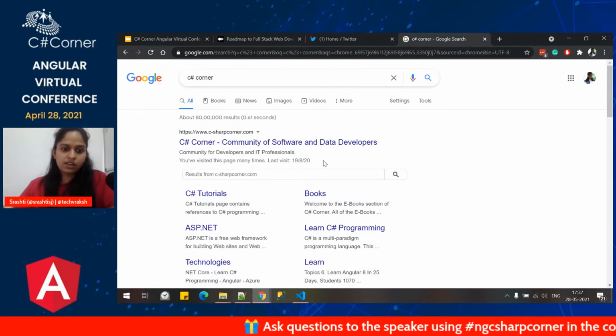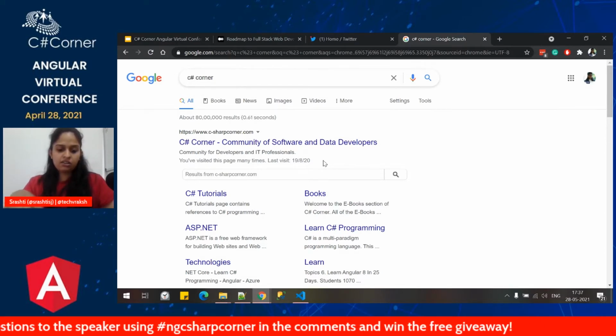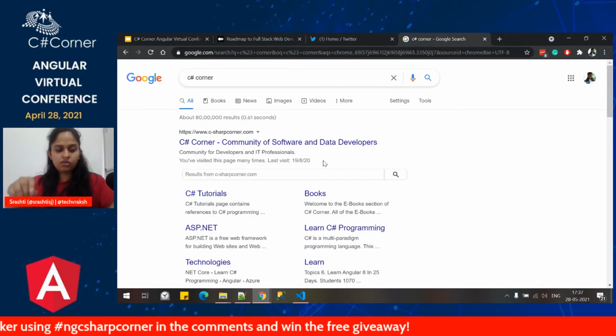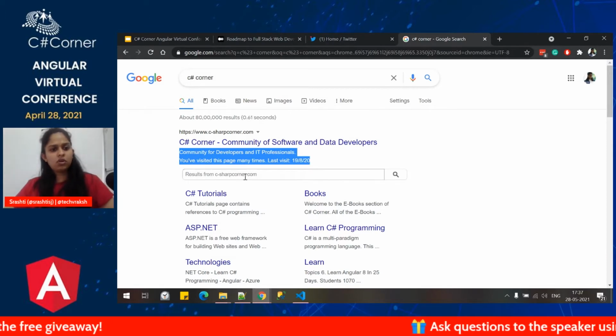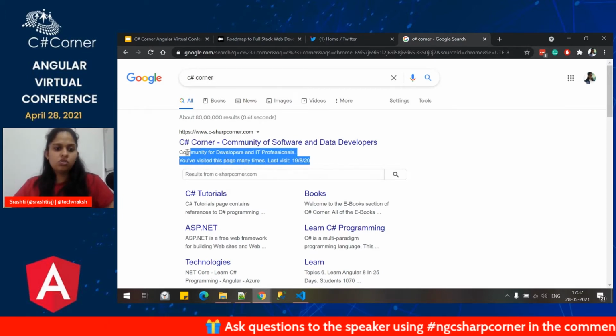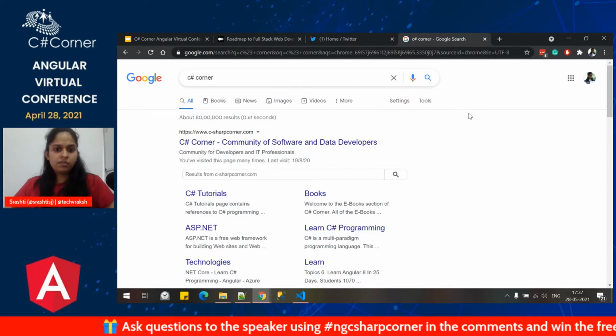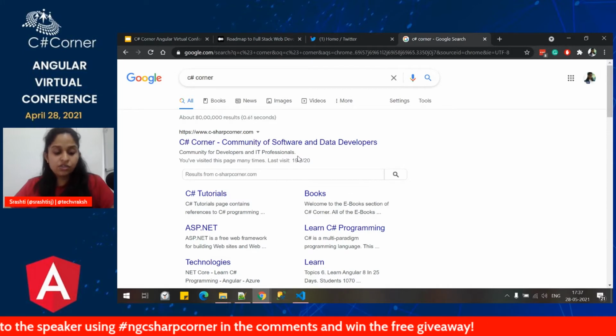There's something behind the scenes which is getting the data. It is hitting the website and seeing, okay, this is the data which it will display. This is how things work when you talk about SEO. You have to make your application SEO friendly.